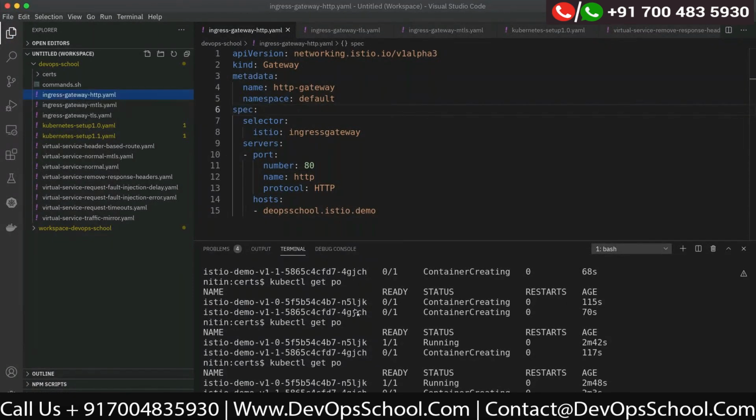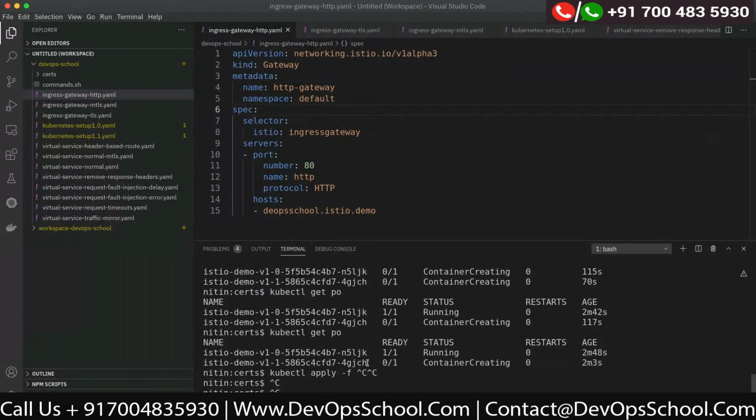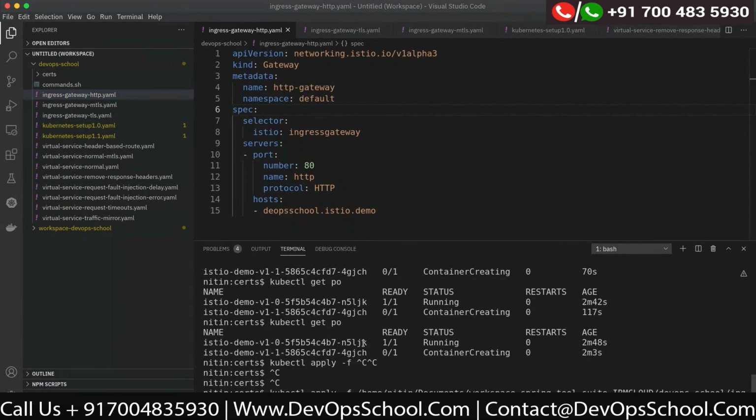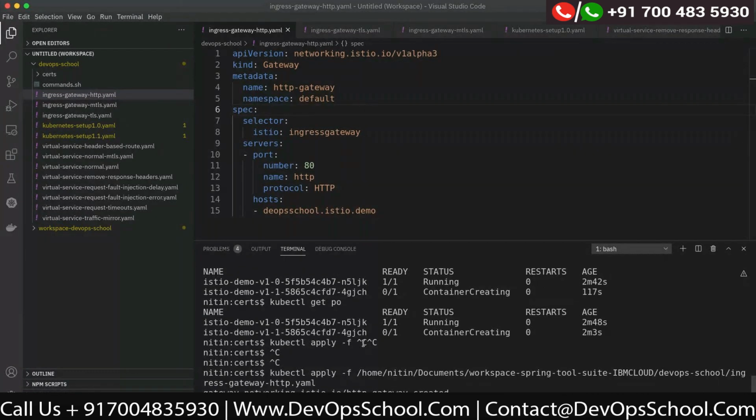Okay. So now our gateway has been created, but a gateway in itself is nothing.